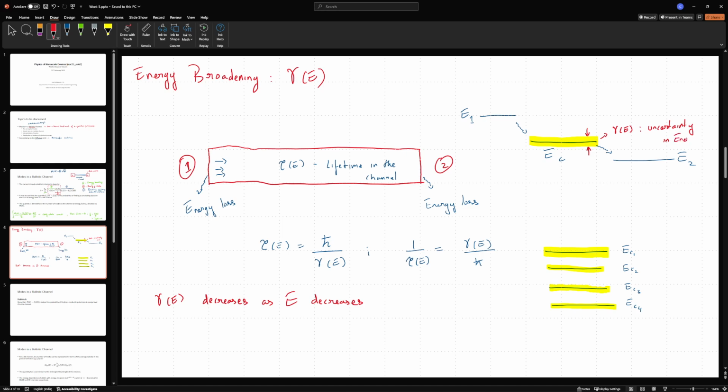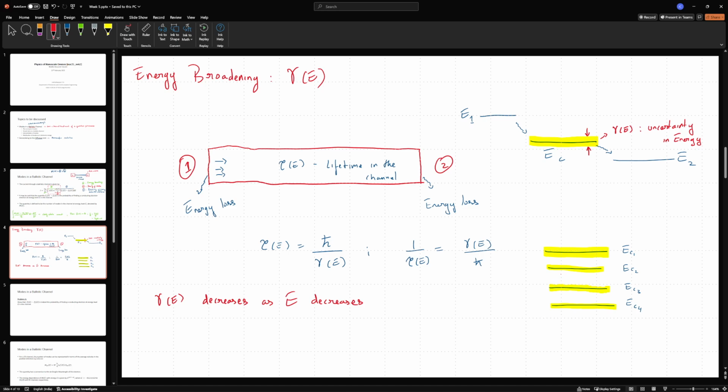And if you want to recall more about this uncertainty, please go back to week one's discussion sessions or any of the lectures in week one, where although this uncertainty is sometimes treated statistically, it is not a statistical quantity, it's actually a very physical quantity. So I don't want this uncertainty to become so large that multiple levels get enveloped in it. So ideally I will want my broadening to be something like this. I will want essentially non-overlapping energy broadening profiles,